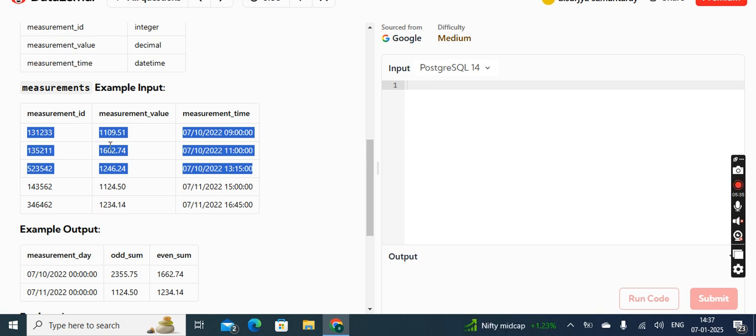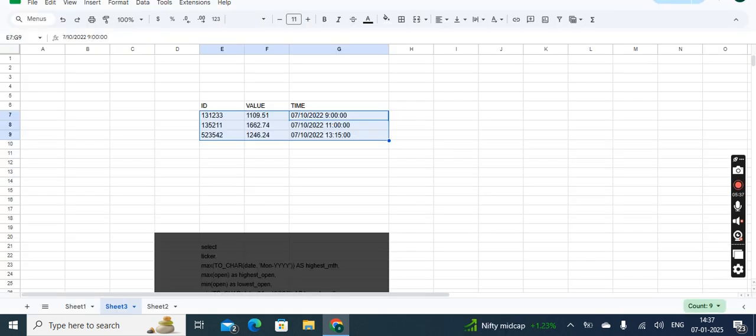These are just these three rows. So you can see that in these three rows, the date is the same: 710, 710, 710. The year is also the same. Everything is the same, meaning the day is the same. I will say it cumulatively. Now, what I want is that if this value is an odd number, then I will